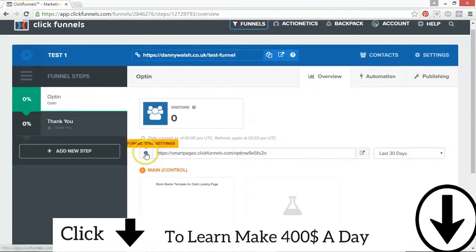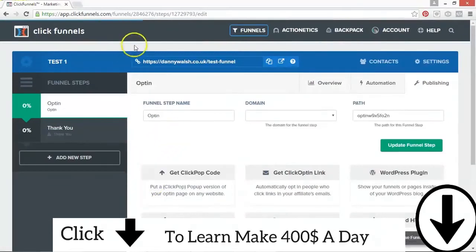So we have to go through the motions a little bit more just to tidy up the URLs to make sure that everything is on the domain, and that is pretty much why you're getting this red warning at the bottom right. So the first step again becomes part of the routine. You come in here, you can name these steps different things, so you can personalize them as well. I'm happy with opt-in at this point. I'm going to choose my domain, Danny Walsh, and because we call this test funnel, I'm going to call this test funnel page. So when people type in /test-funnel, the URL will just change to this test funnel page,